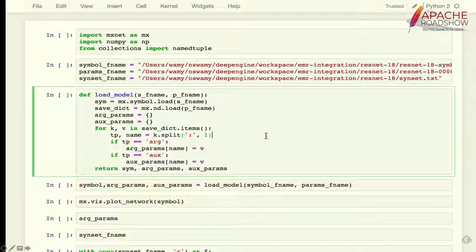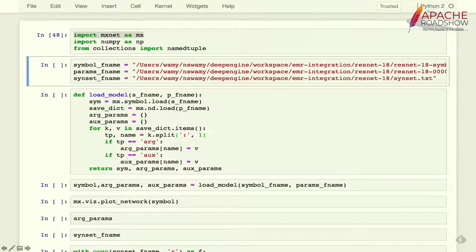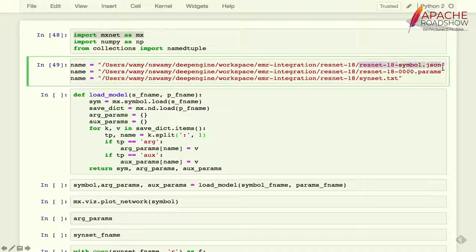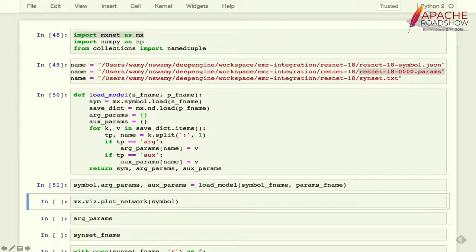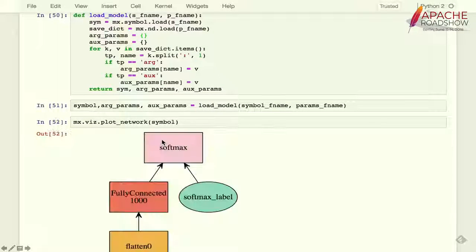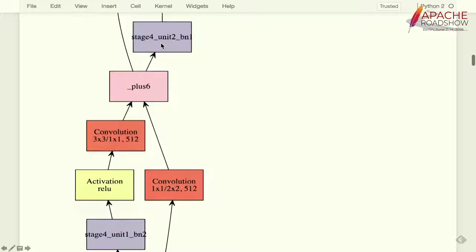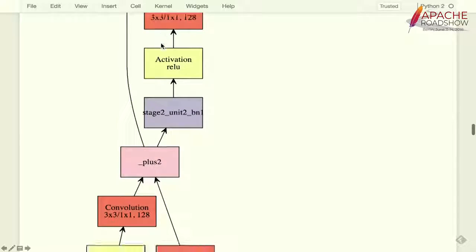Let's look at a small demo here. Here I'm showing MXNet is available as a Python pip package, so you can easily install it. And I'm showing you a ResNet 18. I will explain what ResNet 18 means in the next slide. Here there are two files, symbol and parameters. Symbol represents the network, and parameters are the weights in the system. If you look at the symbol, you see that it's made of many, many layers with convolution, pooling, and activation layers.